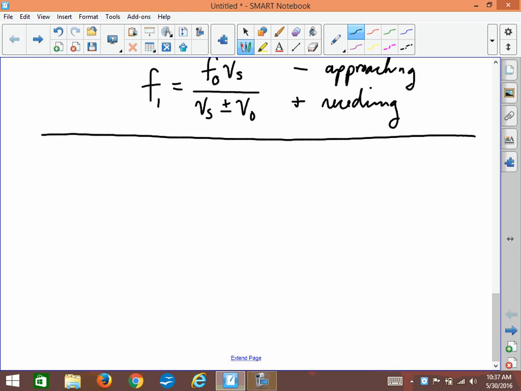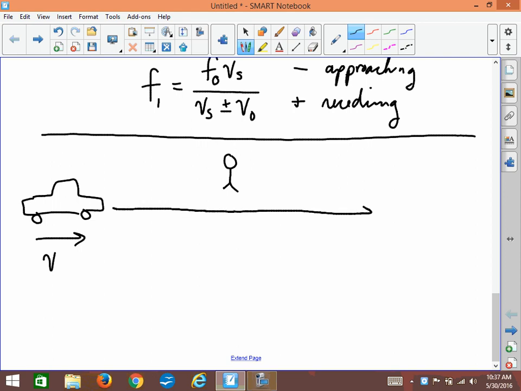Let's imagine a car starts off here, and it's moving with a speed of v. We don't know the speed. And you're going to be standing sort of on the side of the road right here. And the car is going to travel to you and then away from you. And then over here, as the car goes away, still going at speed v, what we're going to say is